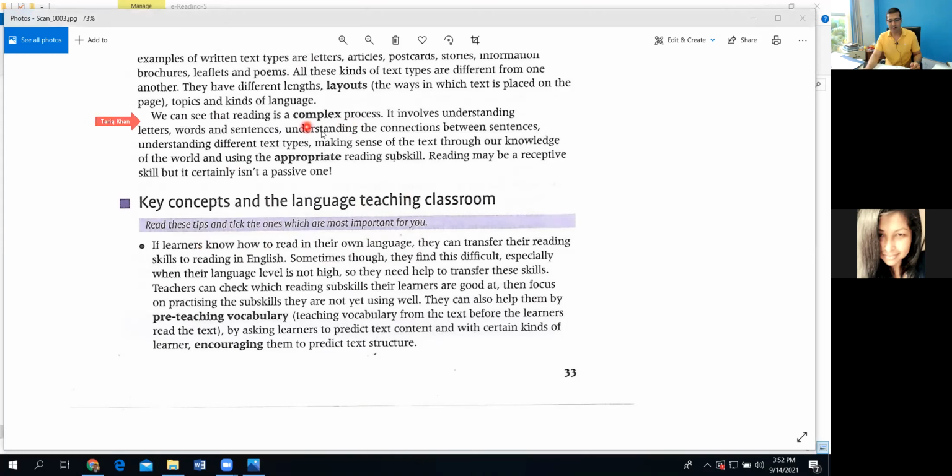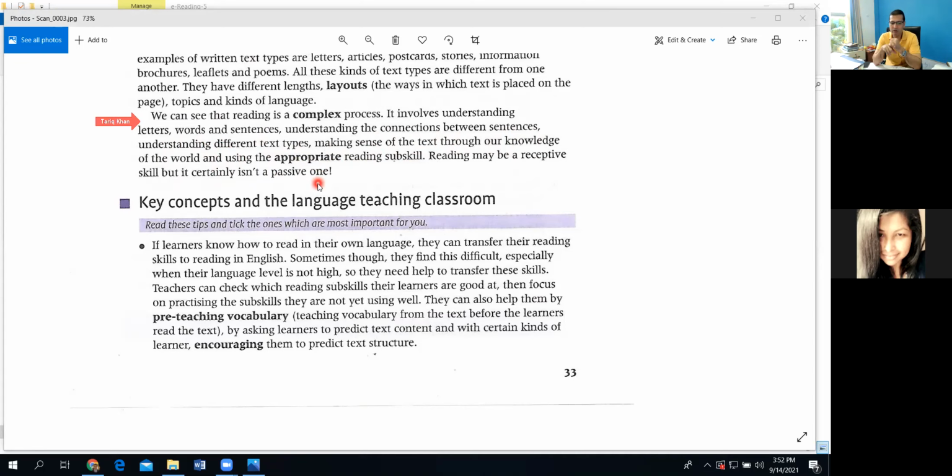We can see that reading is a complex process. It involves understanding letters, words, and sentences, understanding the connection between sentences, understanding different text types, making sense of text according to our knowledge of the world, and using the appropriate reading subskills. Reading may be a receptive skill, but it certainly isn't a passive one. Passive doesn't mean slow. No, it's very active. Active and passive. All right. So all these things we